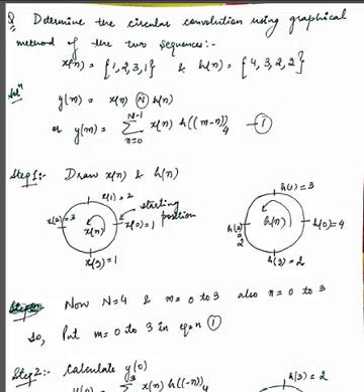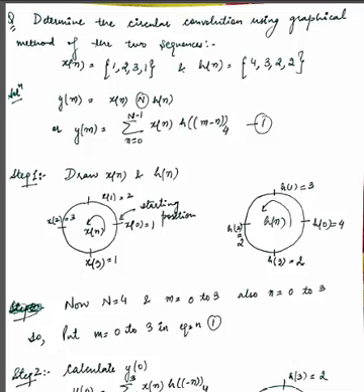In the last lecture, we discussed circular convolution and the methods of circular convolution, and discussed the first method, that is the graphical method. And today we will be discussing circular convolution using the matrix method, that is the second method of circular convolution. Before starting this, we will do one example of circular convolution using the graphical method to review its concepts.